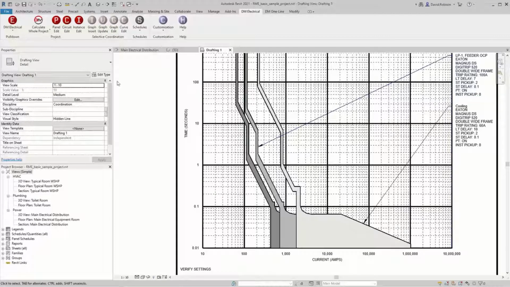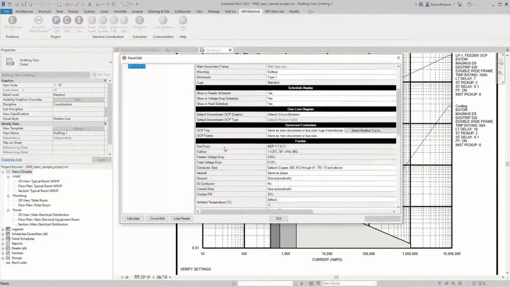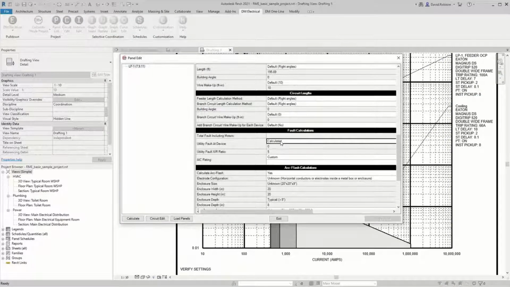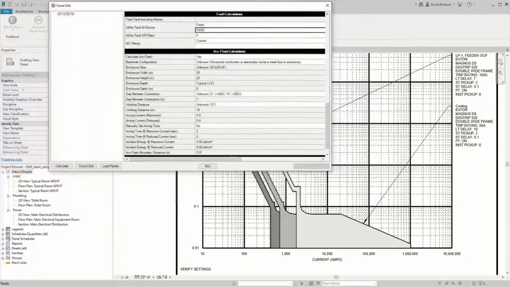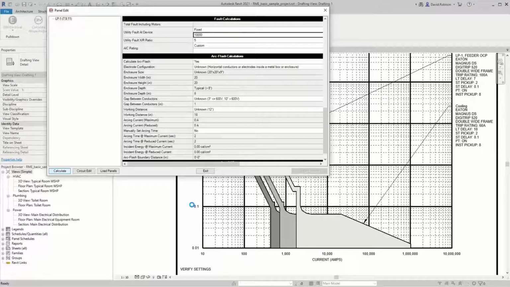So let's take this LP1, and I will set the fault at 10,000 amps, and we will run our calculation. It'll take a moment, and it's going to redo the calculation. And for the trip times, it will calculate these values for us. So the arcing current is 5,000 and 6,000, which is about here. So it's basically hitting this long time, and it's giving us